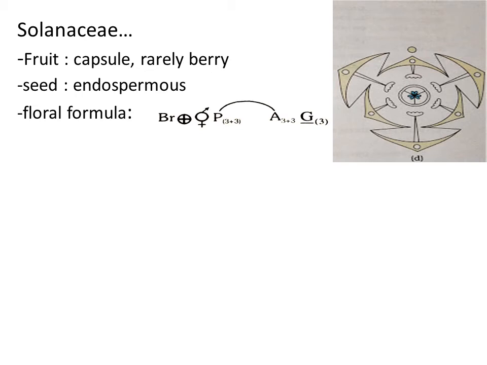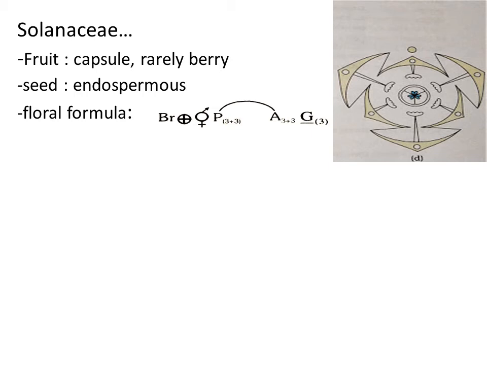So first we have to represent the conditions of the flower. Flower is a bracteate flower in the Liliaceae, so we have to write the symbol we use for the bracteate flower, that is Br. And the symmetry of the flower is actinomorphic symmetry, so we have to write the symbol we use for actinomorphic condition. And next to that, the flowers are bisexual flowers. That means male and female reproductive whorls are present in the same flower, so we have to write the bisexual flower symbol.